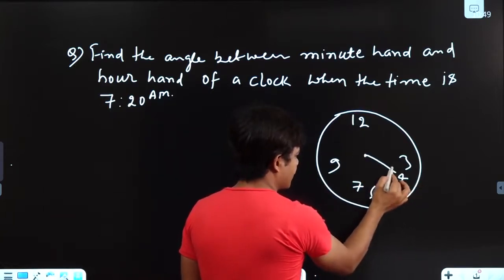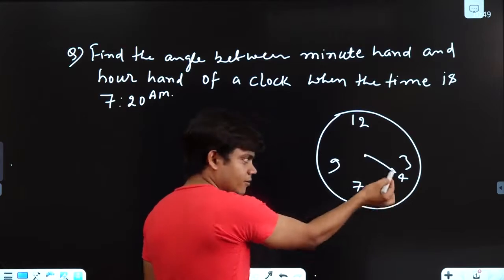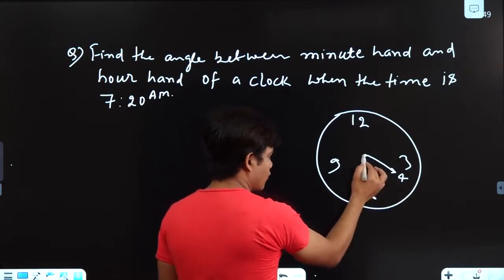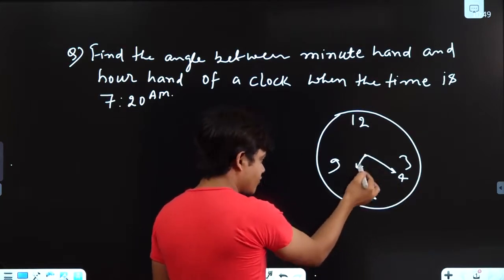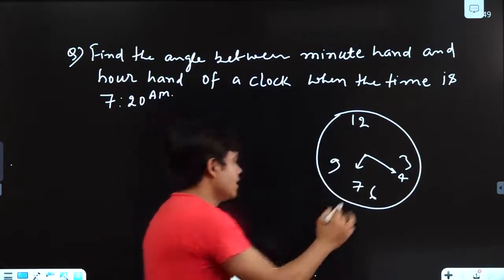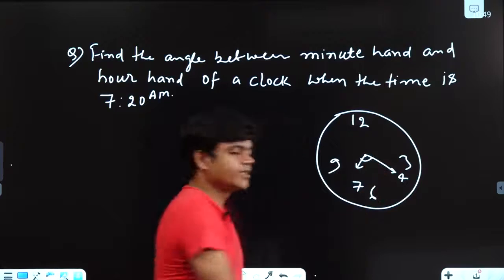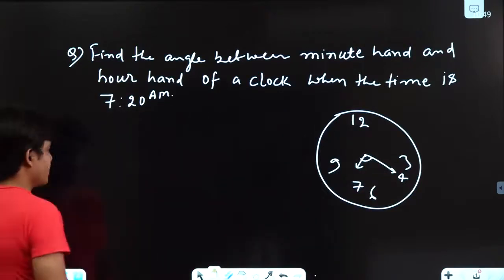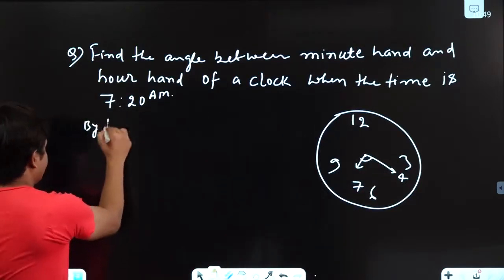So this is the minute hand. The minute hand will be over here in front of 4, and the hour hand will be like this, 20 past 7 is there. Then we have to find the angle between this minute hand and hour hand. So by hour hand,